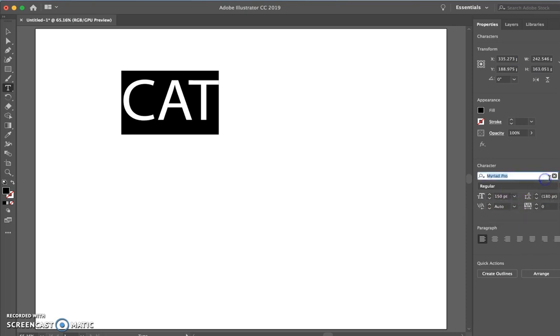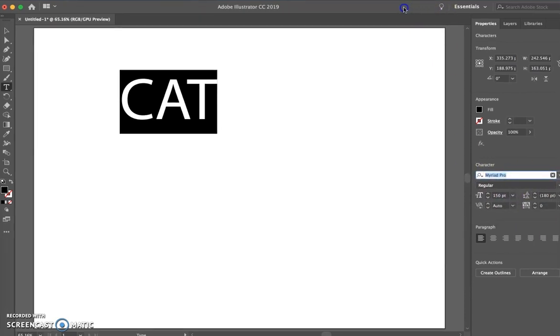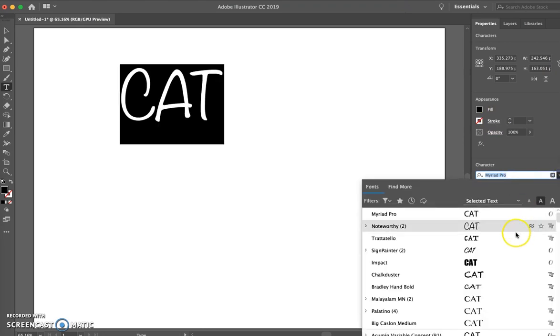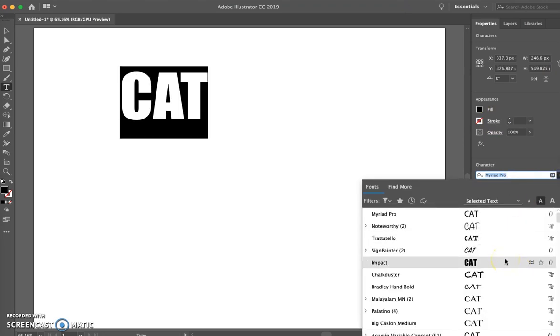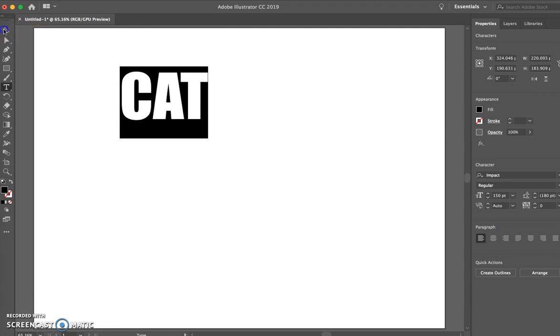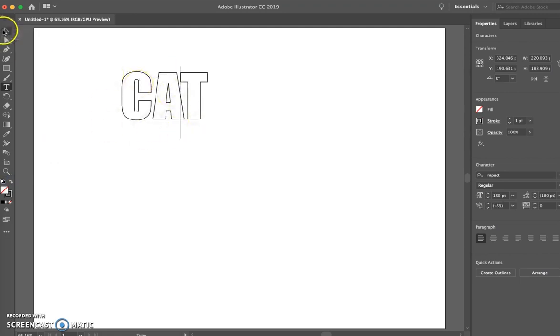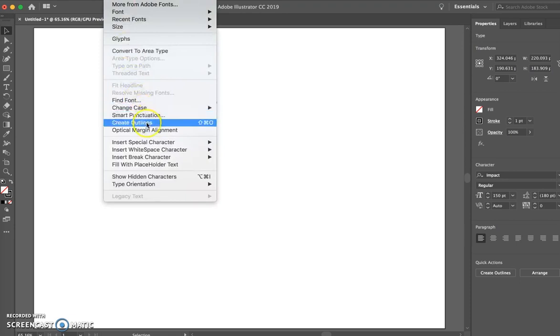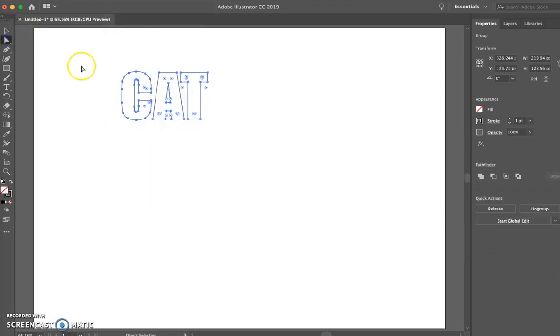Maybe I'll choose another font, Impact. What I want is just the outline, no fill. And actually I need to go into type and create outlines so that each character has all the different points so you can change it around. You need to go one step further though and